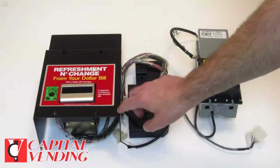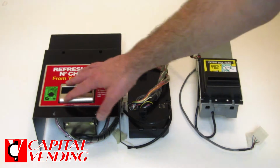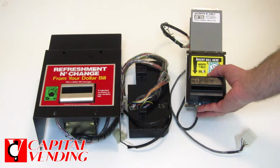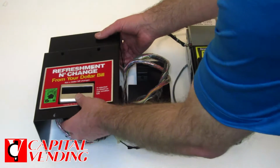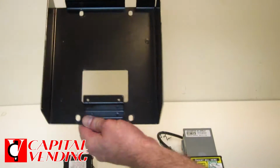Today I'm going to review a kit we make to replace an old style Mars validator. I call it the one with lips, and they had a couple of different model numbers that had this style face. Our goal is to go to a newer, more reliable MEI or Coinco Vantage bill validator. Basically, there were certain machines that would have a small cutout, and kind of the most important factor, and this